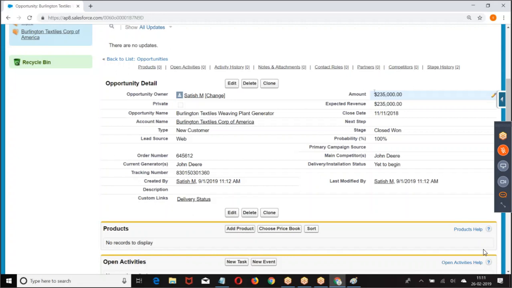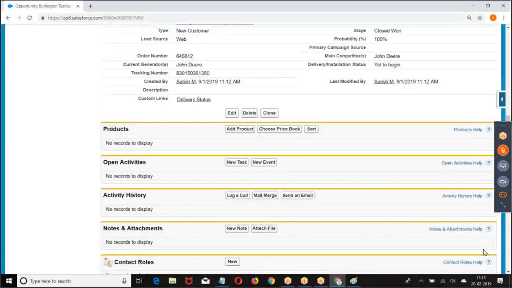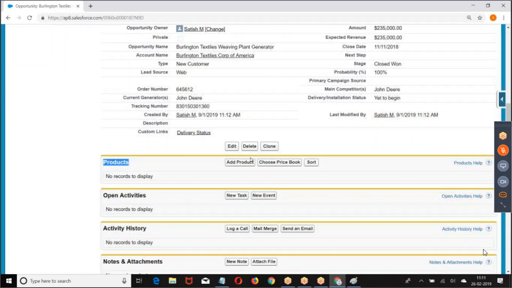Now it is saying it's an opportunity of 2,35,000. Okay, what was I supposed to sell? He is going to give an opportunity of 2,35,000 on what? He is interested to purchase product 1, product 2. Which products is he interested to purchase? Am I right or no? If somebody is paying money, you don't pay free of cost. He is going to purchase some product or a service. Now what are you purchasing? Look at this. On the opportunity we have add product.